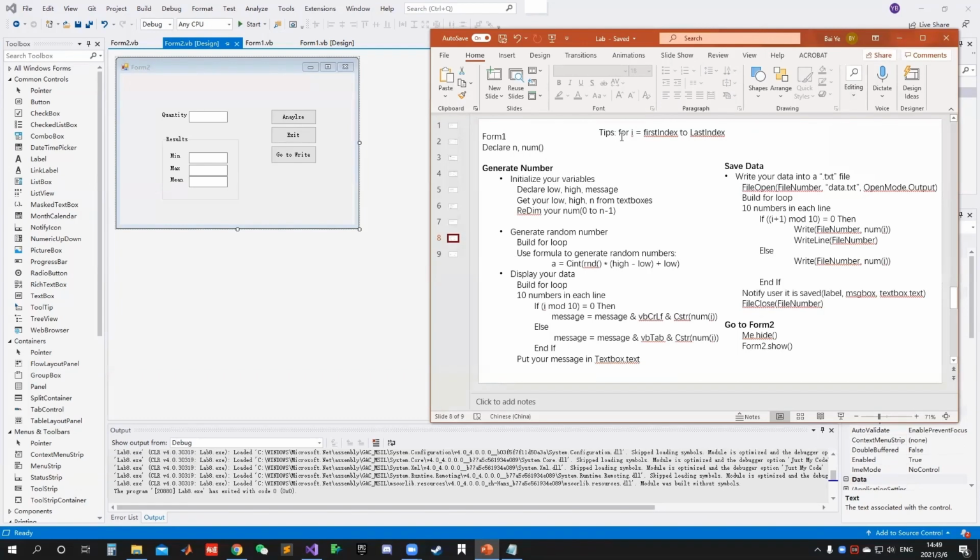Here is the tip. When you display your data or when you save your data, you need to build a for loop, which should be from the first index to the last index. My total number is n, so my last index should be n minus 1. My first index is 0. So make sure you always remember the last index is your total number minus 1. So that's all for the